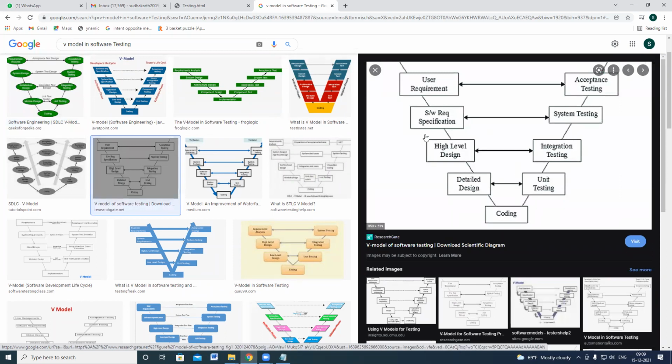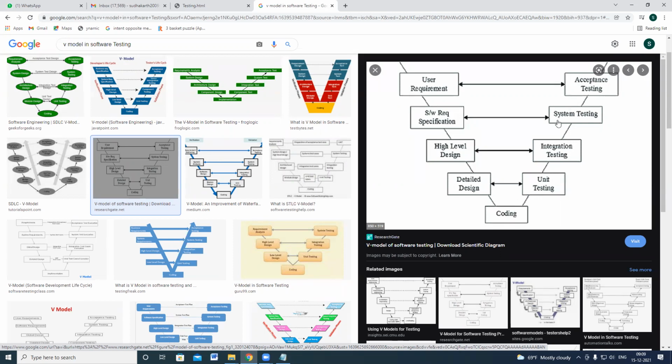Yeah, this is the correct one: user requirements, software requirement specification, high level design, detailed design, coding, unit testing. Like that, the V model has been designed. Before receiving the build, whatever activities you perform are called verification activities. After receiving the build, whatever activities we perform are called validation.